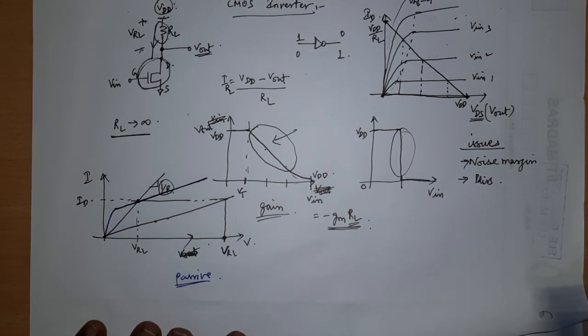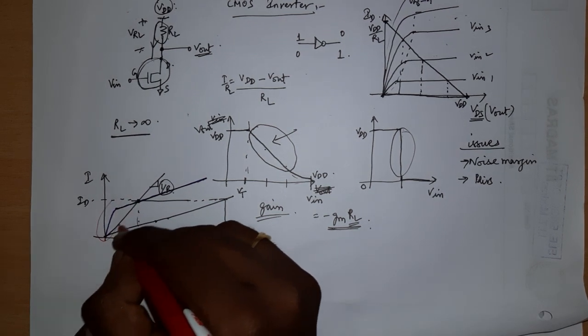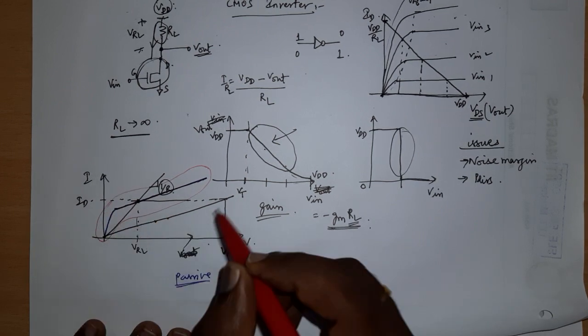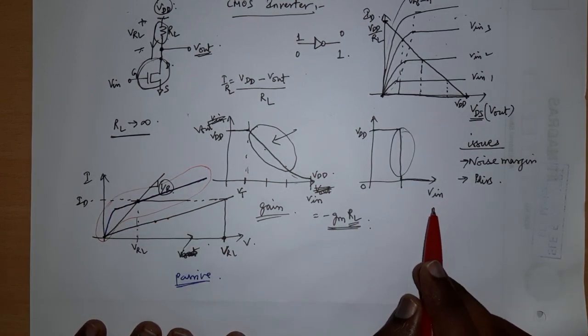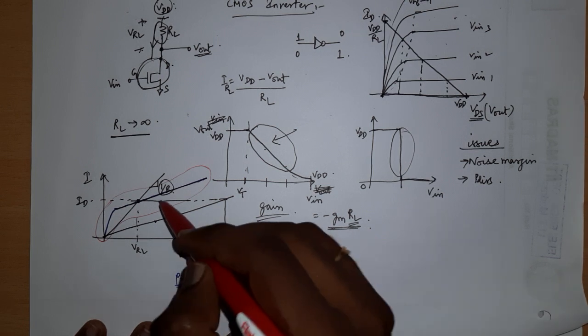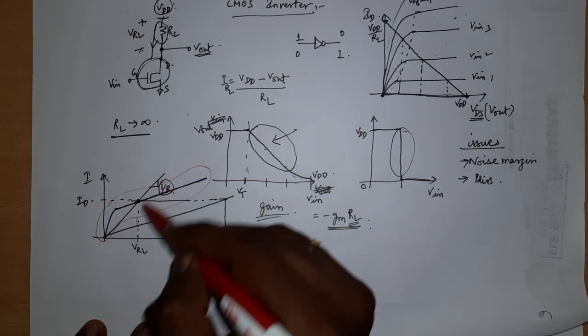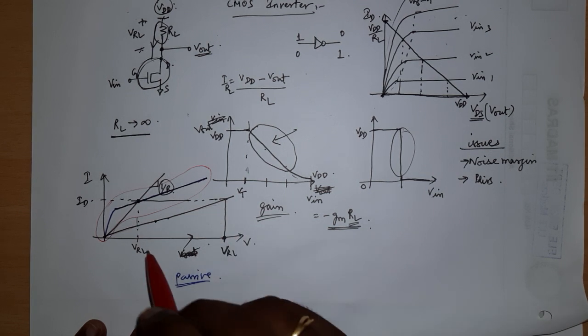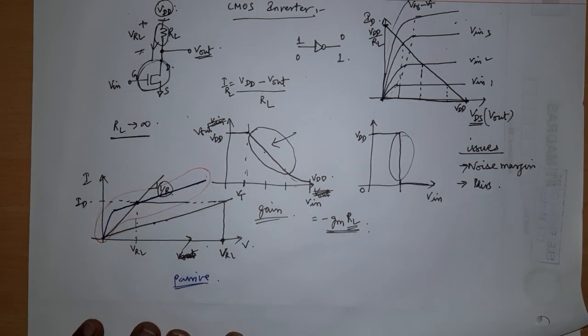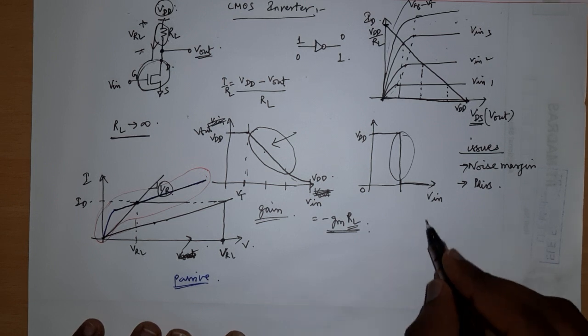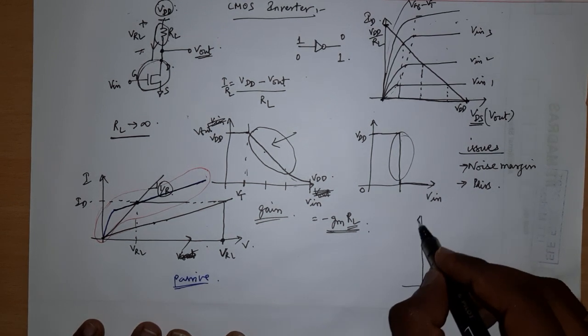So if you see this particular line, it looks like a MOS transistor characteristic. Previously, this line and this line were all linear resistor characteristics. Now it appears that this particular line is like a MOS transistor characteristic, which we often draw